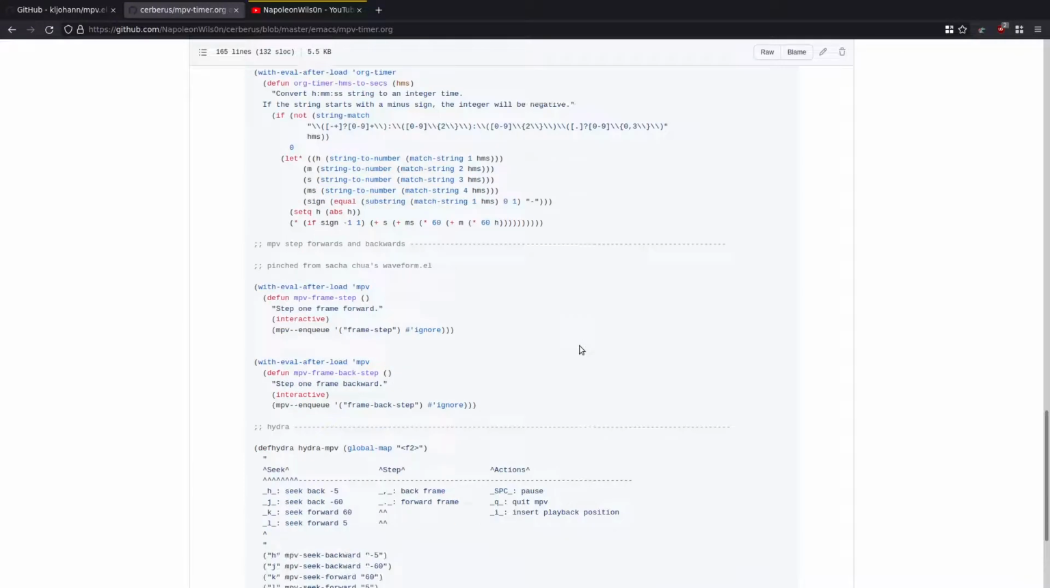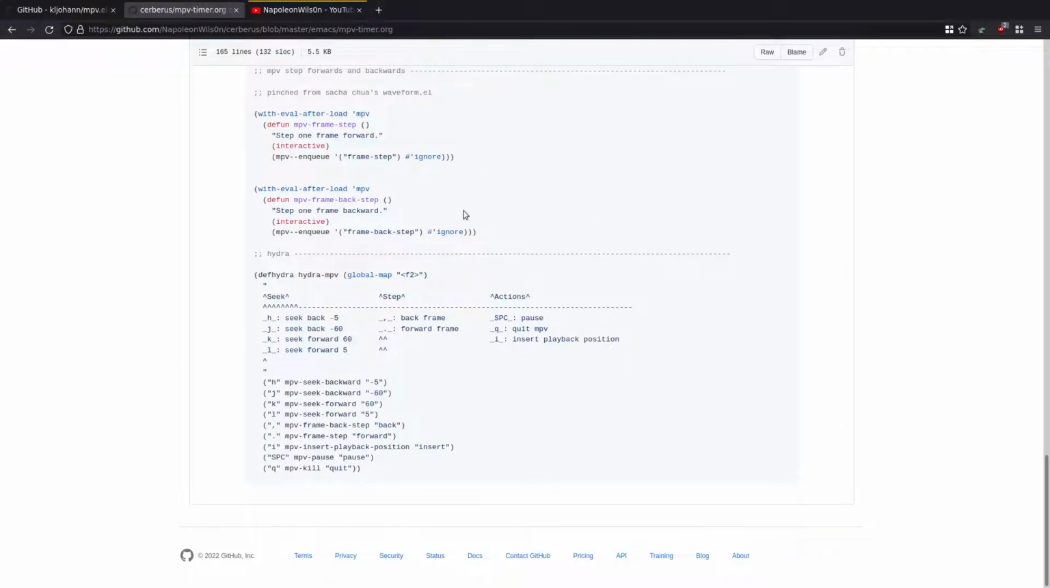And again, this is the next bit of code down here, which is adding the ability to seek forward and backwards a frame by pressing comma and period when you've got the hydra open. And this is the hydra code here, and what this does is, this is the global map. So when you press F2,